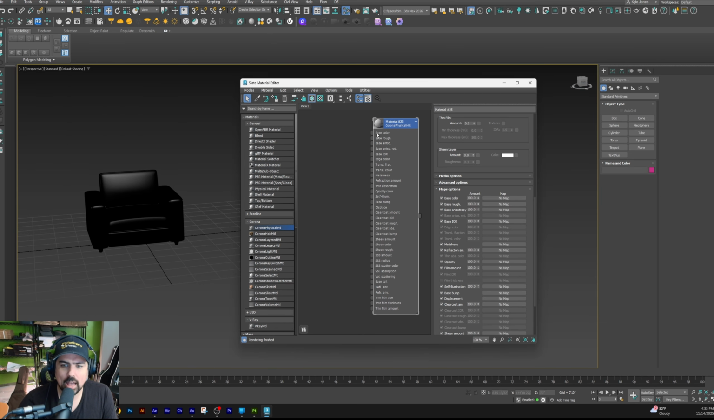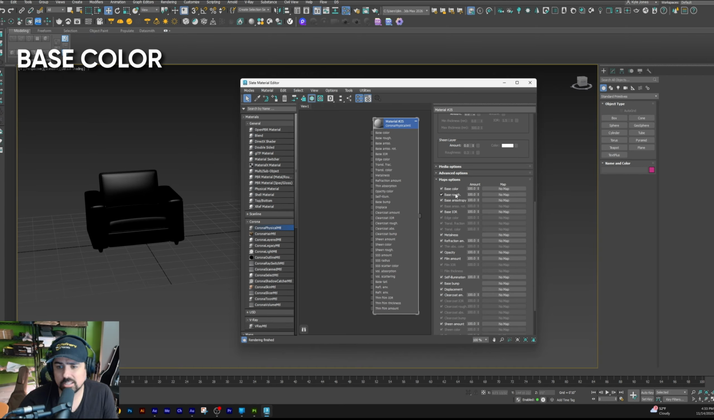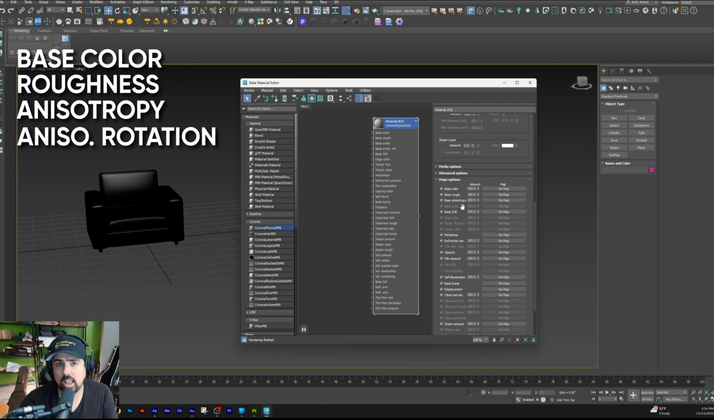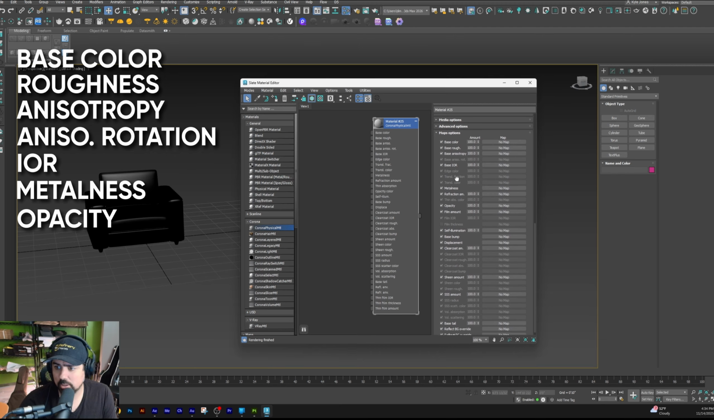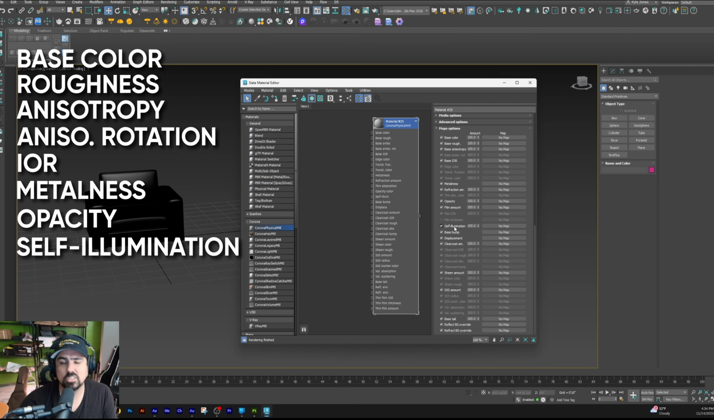The maps that I pull out of Substance Painter, if we go through the list here: base color, which is like your diffuse; it's now roughness instead of glossiness. I use anisotropy, but I also use anisotropy angle in case we want to rotate it or have a rotation on it. IOR we get out, metalness we get out, opacity I pull out, self-illumination, which is emissive, I use. Displacement, I use height for displacement, and then sometimes I'll use height for the bump depending on how much push